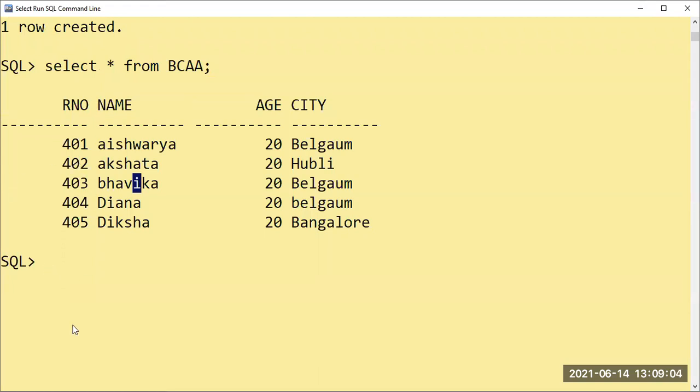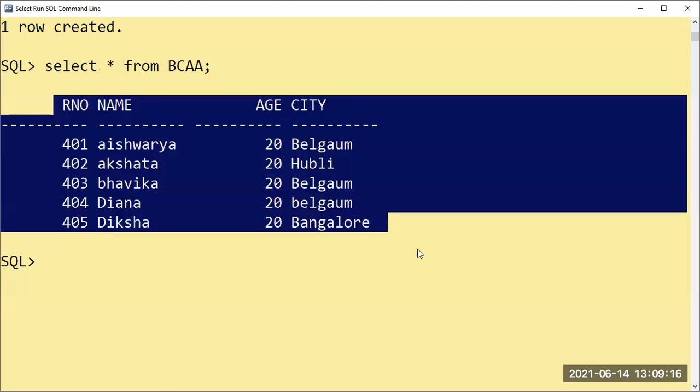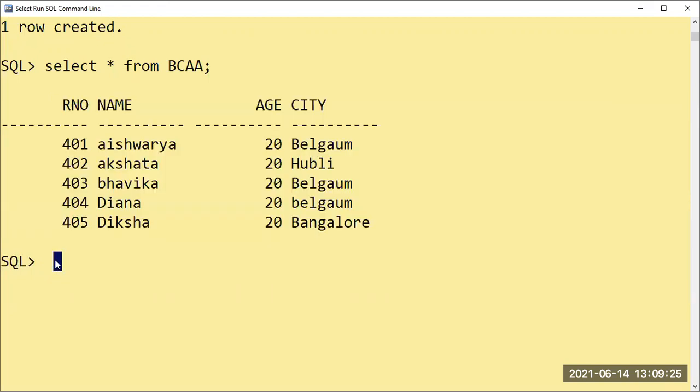Fine. Now I want to see only roll number and name. Only roll number and name here. When I use the statement select star, it means all the columns from the respective table. I can say the entire table is visible to you. But I am interested only in checking roll number and name, that is sufficient. So I say select, spelling wrong. Take care of the spellings also. Select, you have to say the column name you want to select. Now I said roll number, comma, name, enter, from table name.